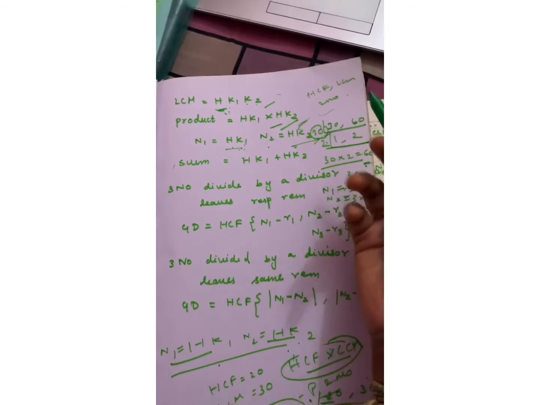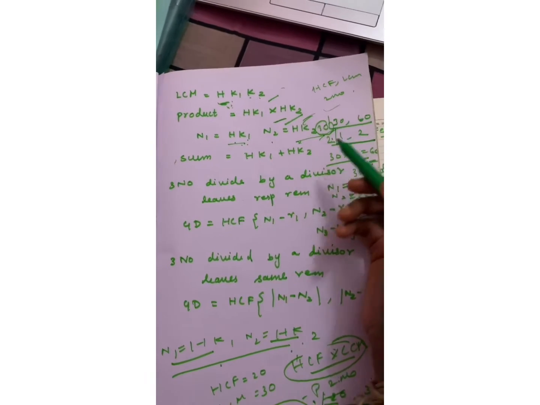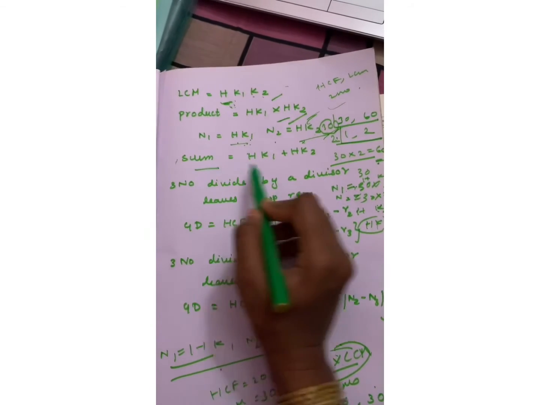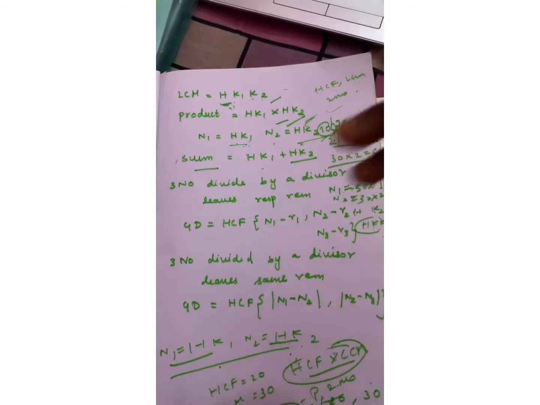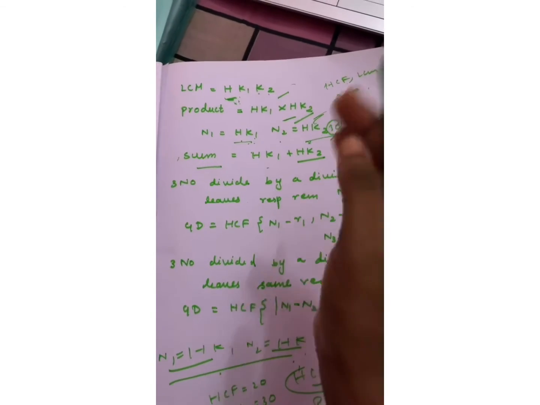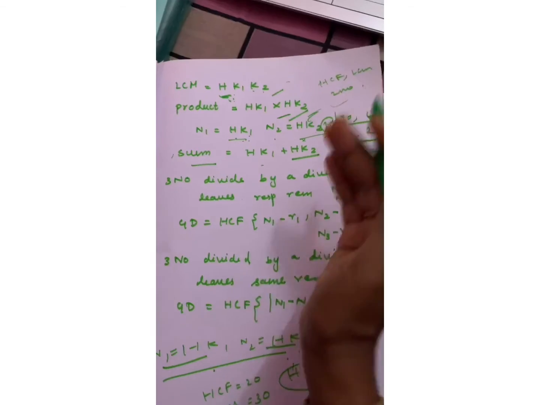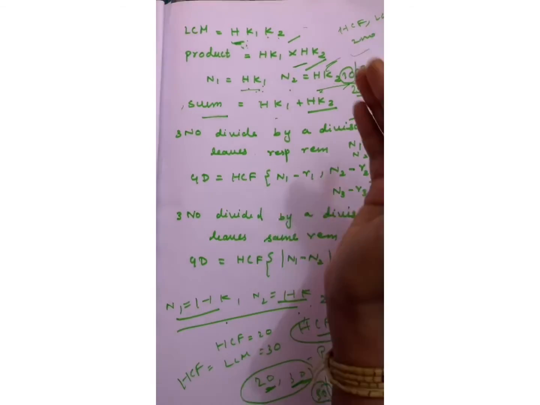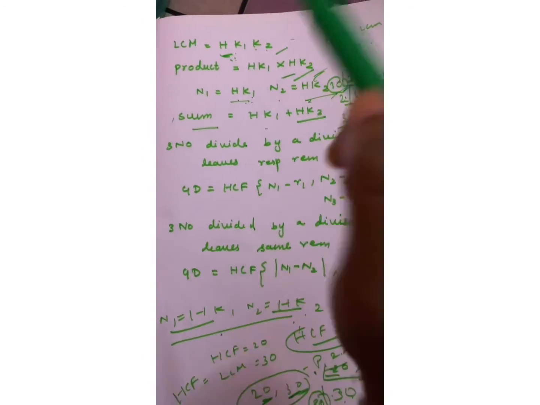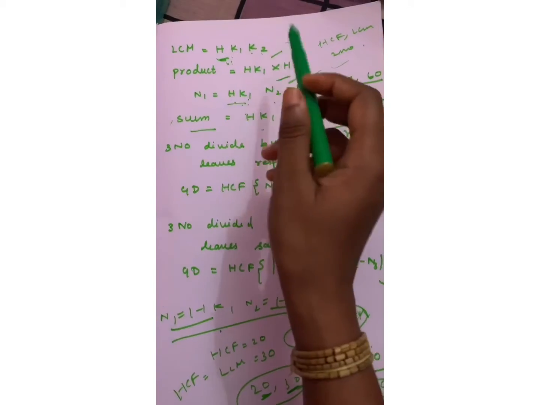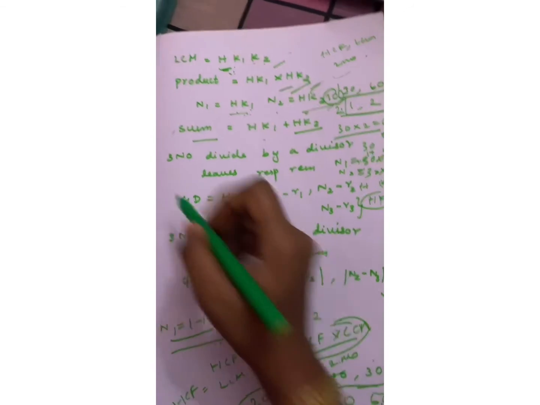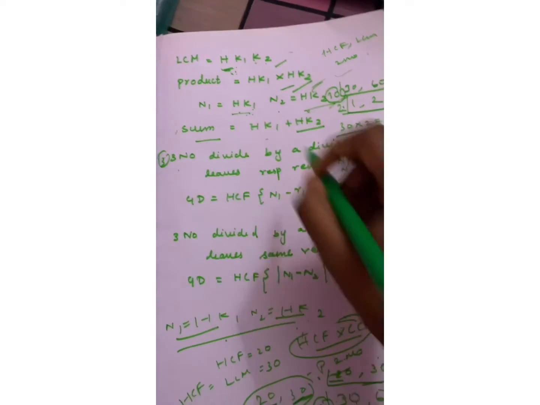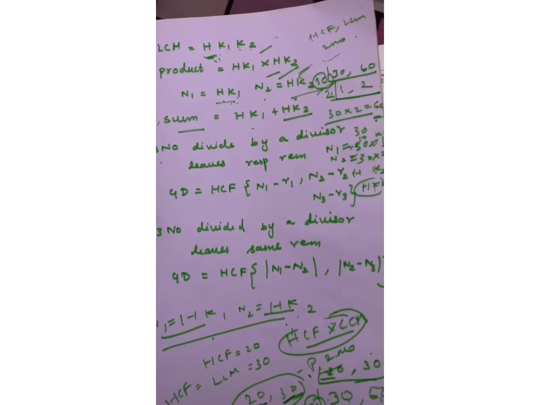Sum: after finding the two numbers from HCF and LCM, we have to find the sum, which is HK1 plus HK2. It is simple. When you find the HCF and LCM of two numbers and you are asked to find the product, sum, or LCM, you just have to sum it, multiply it, and make the term like this. And the third formula is